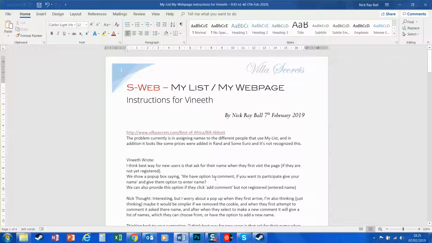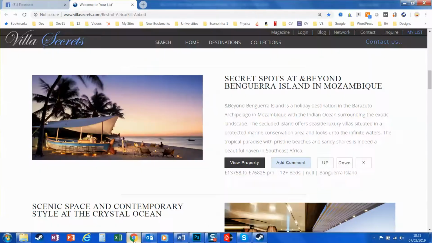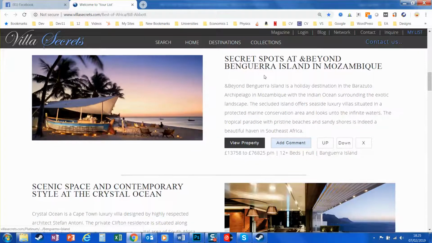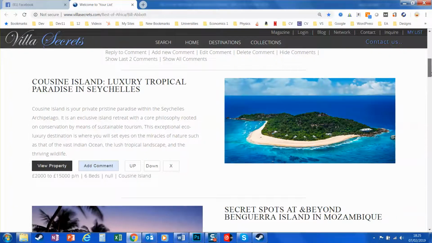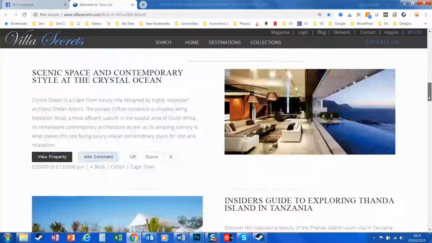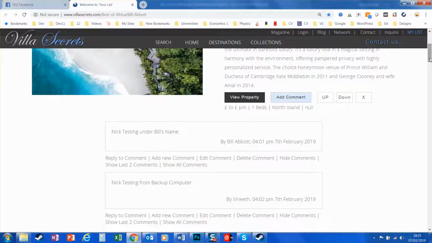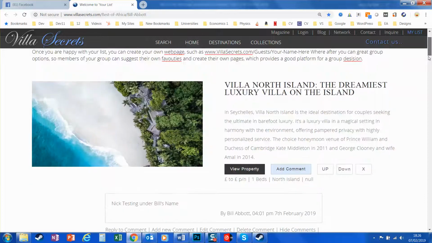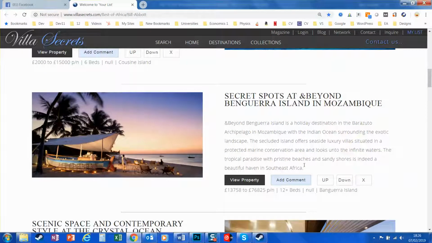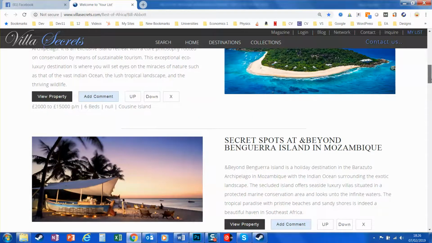What I think is we don't do it when they come to this page. I don't want to interrupt anybody because a lot of people are coming here. They're mainly interested in looking at the pictures, and the comments come later when you start talking to the client. At first the client's just looking and going, oh, I like that one, I don't like that one, moving his list up and down. Okay,